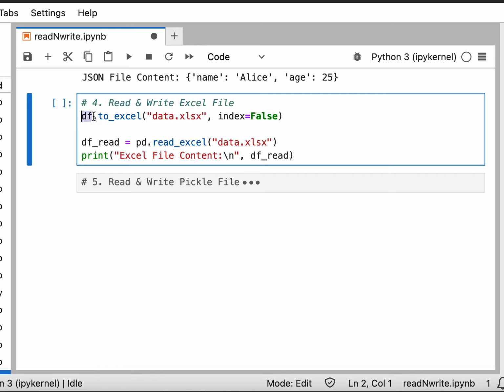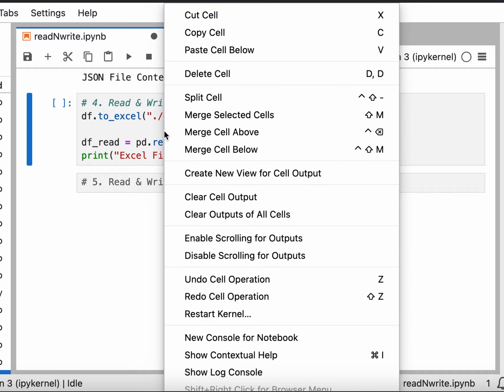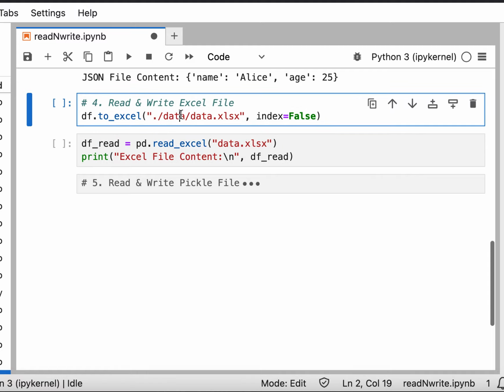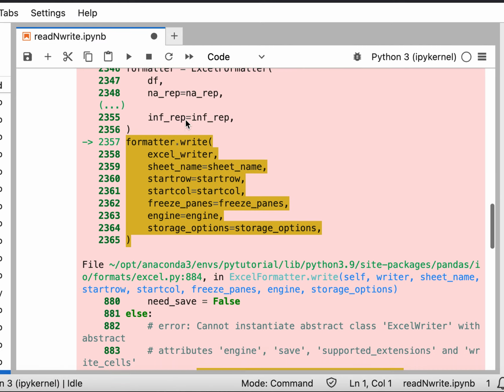For example, we had our data frame. If we do that data frame, and then we do to_excel, remember this data frame contains information already, that dictionary that we created with people's names and their ages. If we do that to_excel, and then you just provide the path to which you want to save, and you do index equals False, then if we run this particular one, it will create the Excel file. So if you run that,